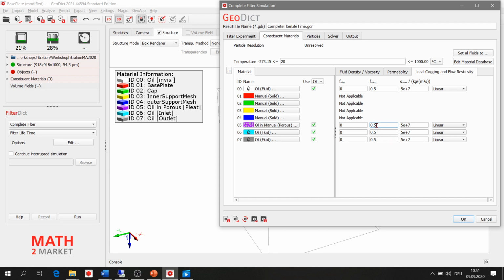So here we need the parameters for the depth filtration, where everything happens through the porous media, and those for the void or pore voxels will define the cake filtration. So we adjust this based on the assumed values that we use for this simulation.